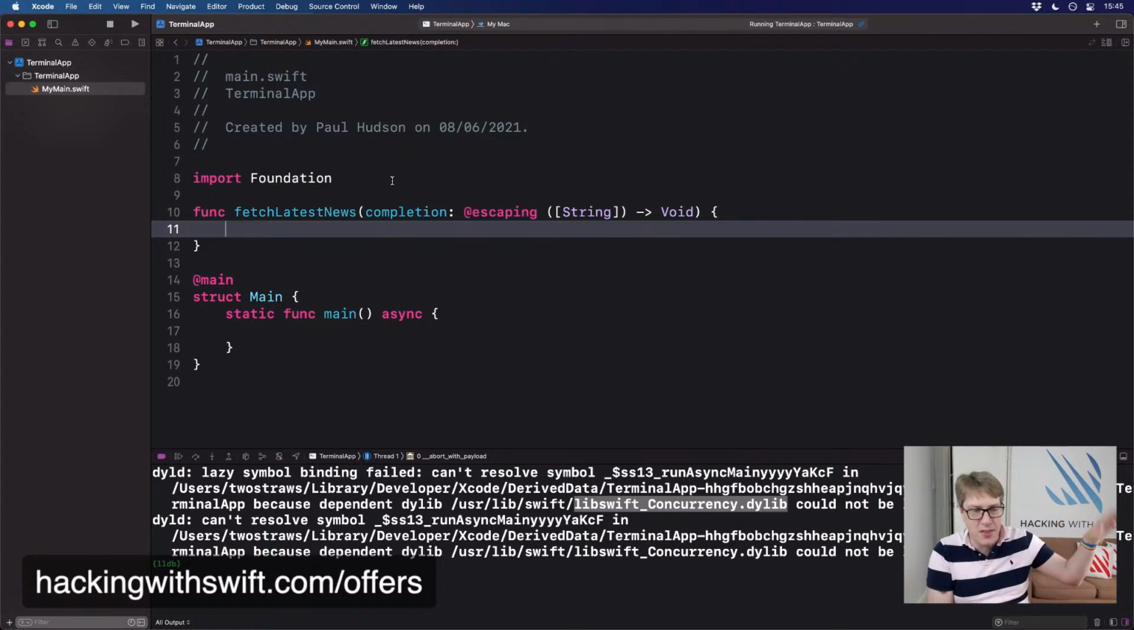This will do some work. Go to the internet, download some stuff, yada, yada, yada, send back the values. I'll just do dispatch